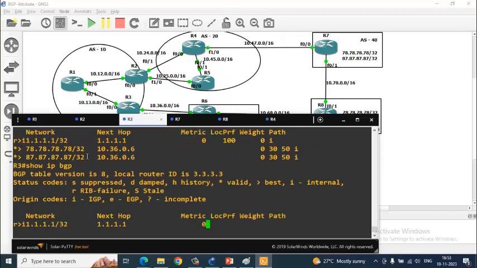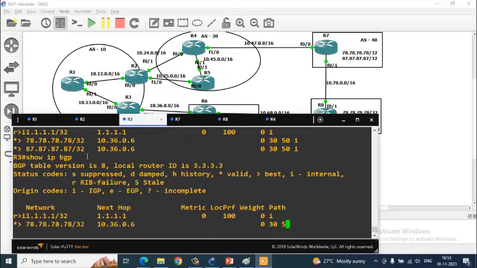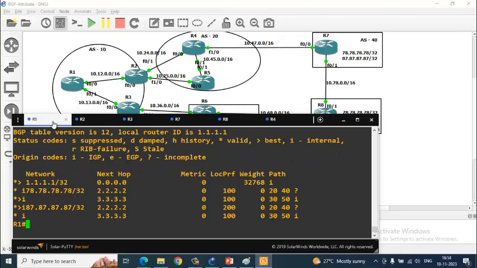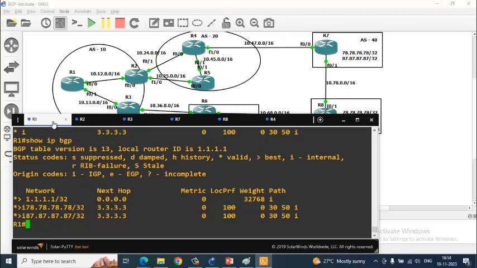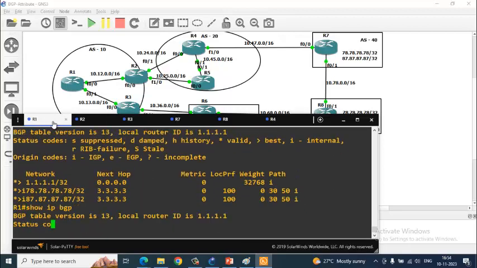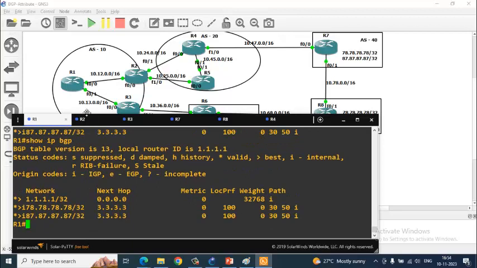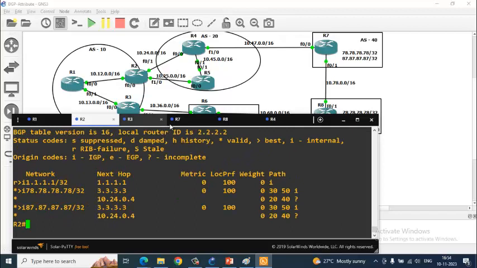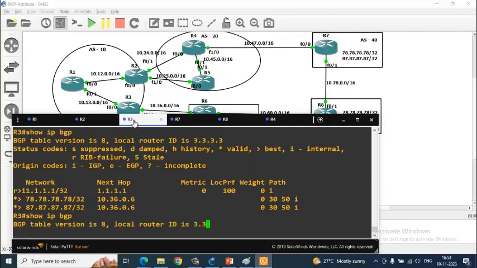Okay, I know why it's not coming. There is one more issue. What is that issue? See, it is not showing router 2 at all. Router 2 can see from router 3, and router 3 is not seeing from router 2. The reason is